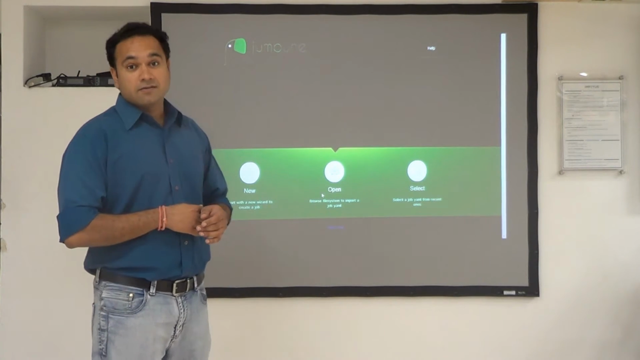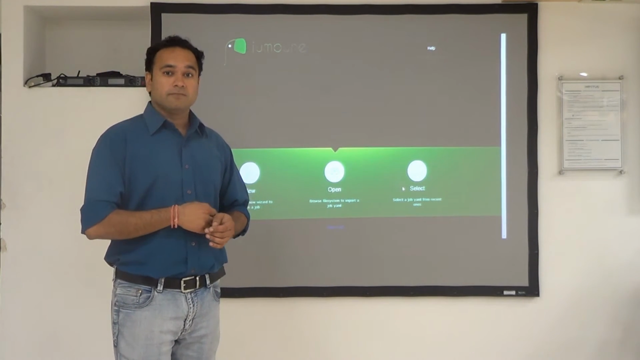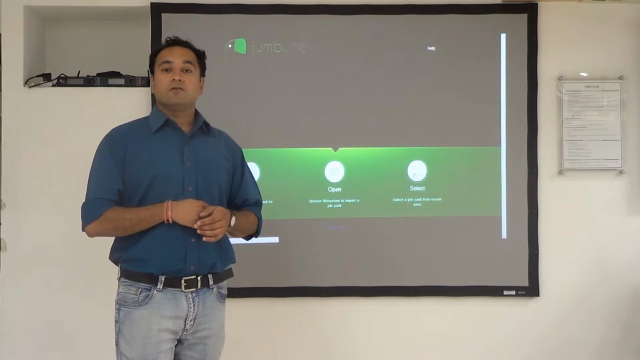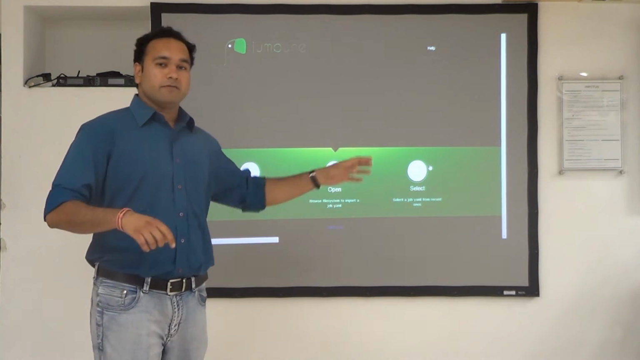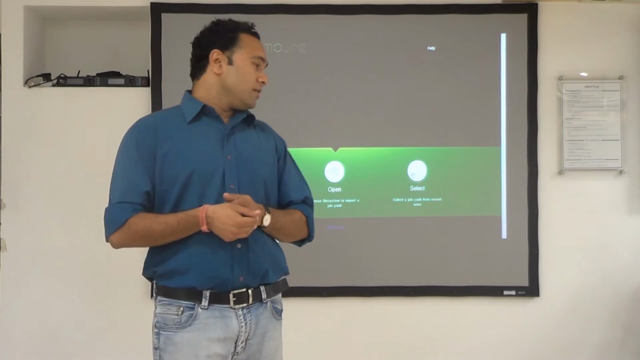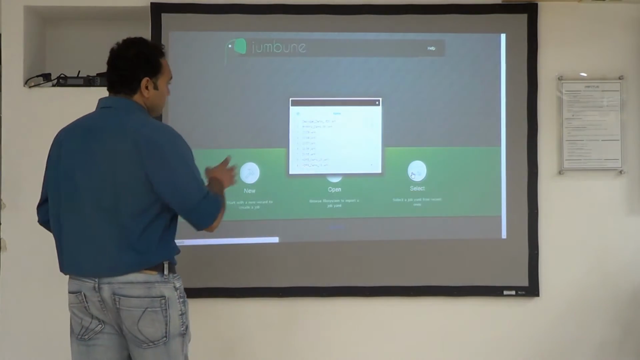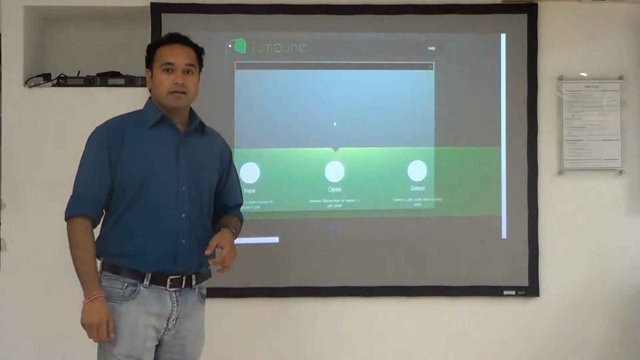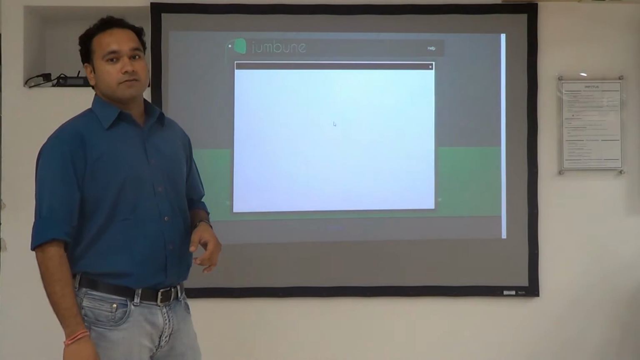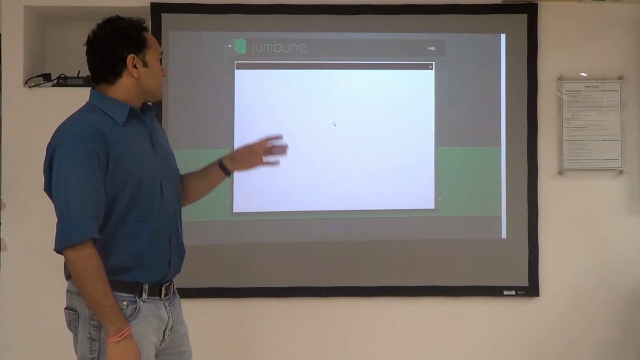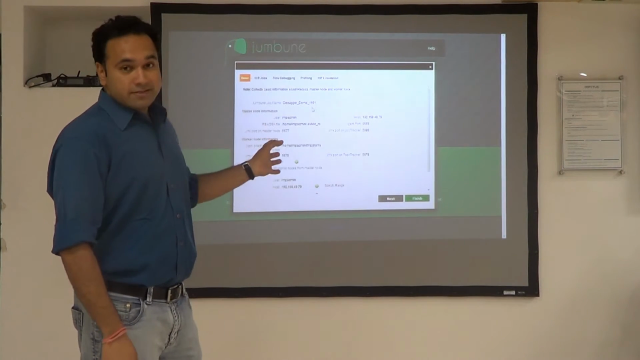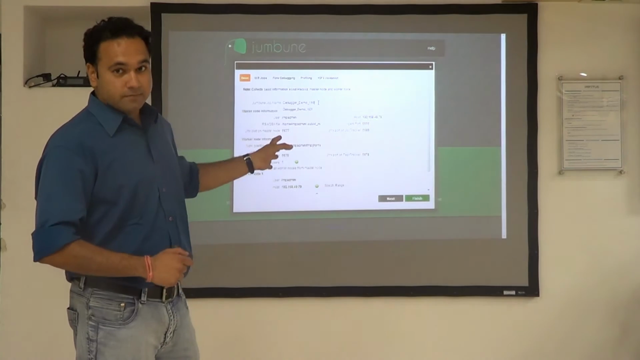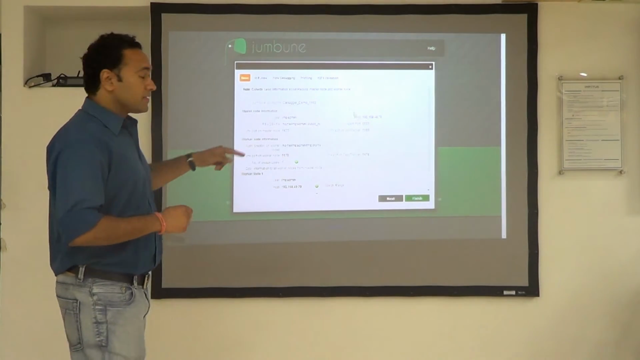You can open an existing wizard if you have one, or you can select one if you already submitted one previously. So it's kind of historical jobs. What we did was select, and then it shows us the historical jobs which were submitted previously. When we select the YAML wizard, it opens up the whole YAML wizard for that